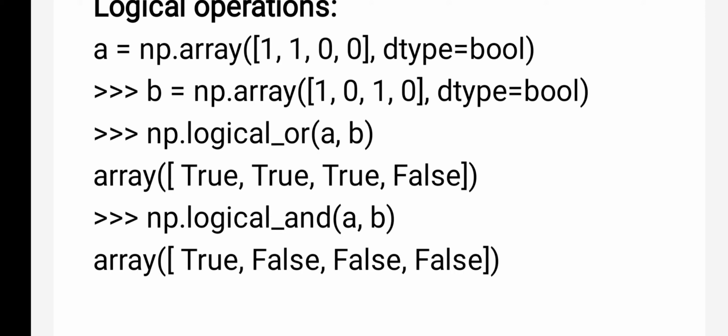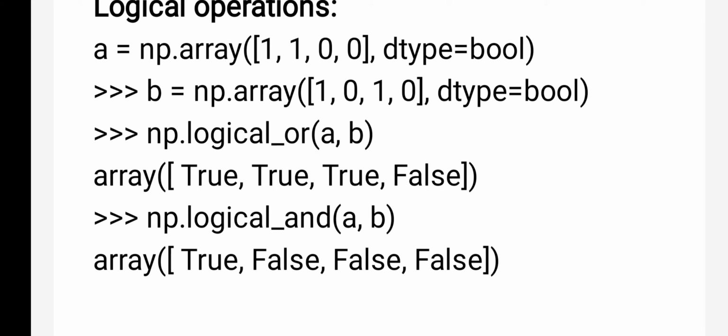Okay. Now we'll compare. If it is true, what happens? In both arrays both elements should be true. Now you see the first position, 1 1, true true, so that is why you will get true. In the second, third and fourth elements, only one element is true, so that is why all the remaining elements will be false. This is AND: all the elements should be true, then only you will get a true result, otherwise you will get a false result. Okay, the same way logical NOT also you can give.